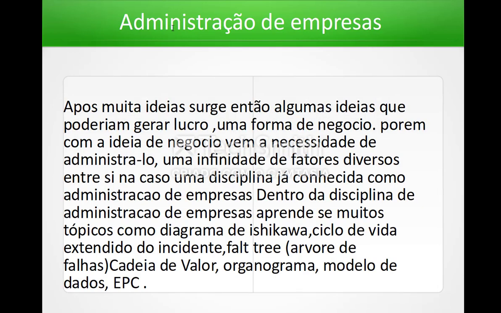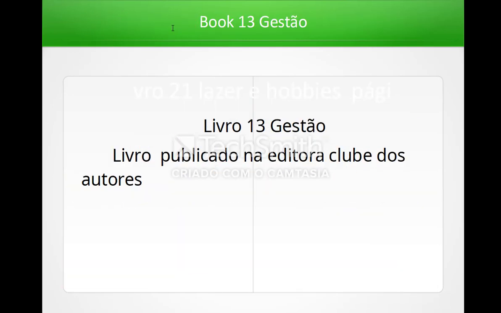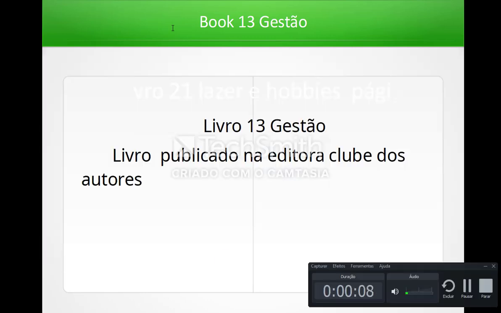In this book I have been gathering texts related to these areas that I have been writing, as well as addenda to other books already written. Planning, management, administration, and related areas.